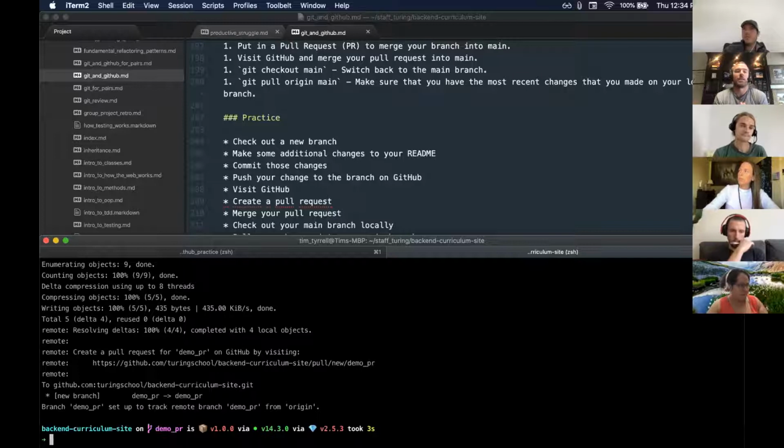Okay, that looks like things went through. I don't have any errors, anything fatal. So I use this tool, Hub. Don't worry about this too much, but basically it's a command line tool for GitHub. And what this does is wherever I am on the command line, this will open me up to that repository